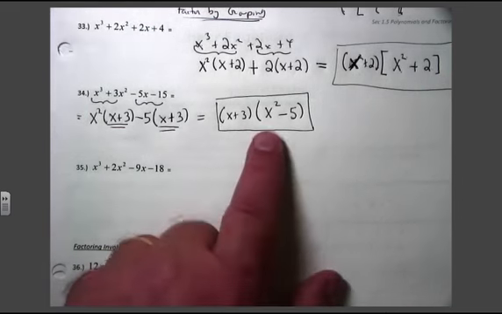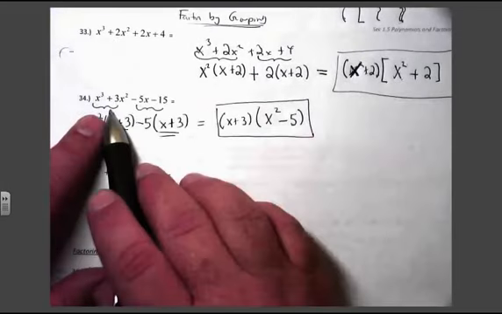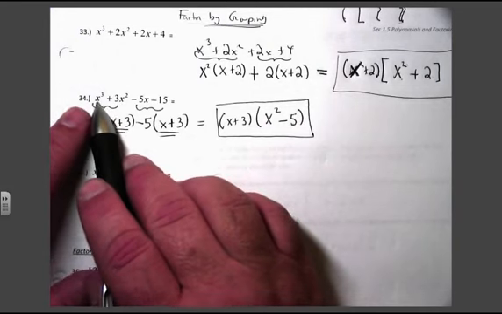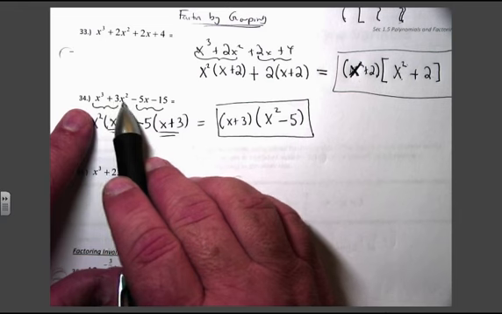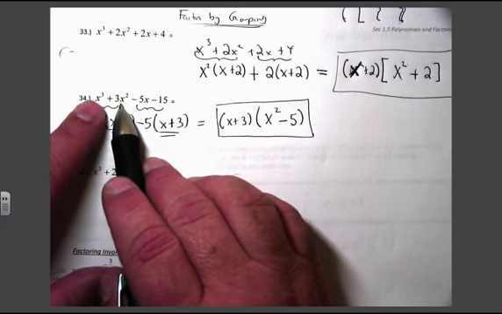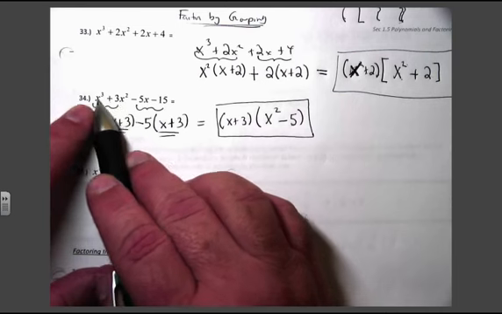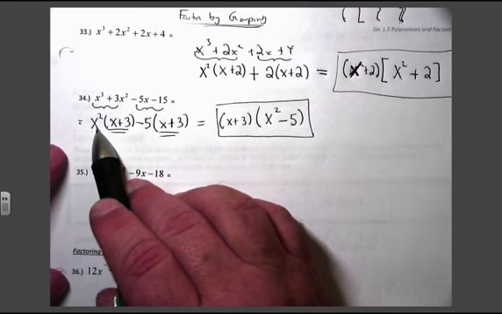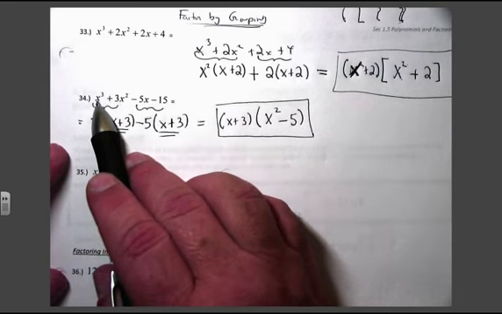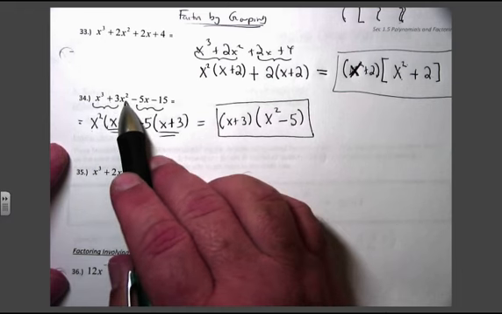Why is the x being squared? Okay, so on this one right here, I've grouped the first 2 guys together. X cubed plus 3x squared, right? So on this particular problem, what do you got in common? I had an x squared in common, right? I got x cubed, I got 3 of them, I got x squared, I got 2 of them. So if I pull out an x squared out of an x cubed, what's left over? X, one more x. And when I pull the x squared out of an x squared, that's completely gone,